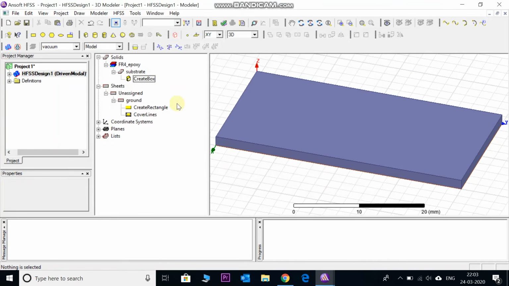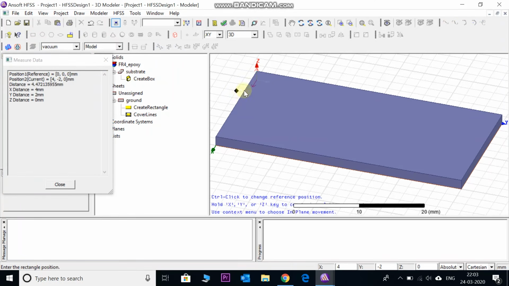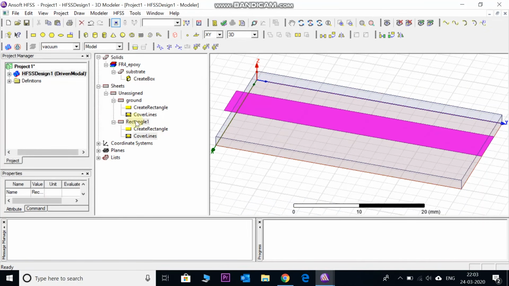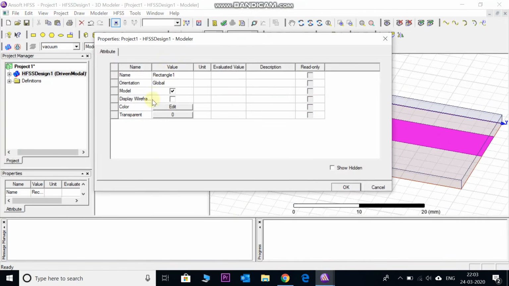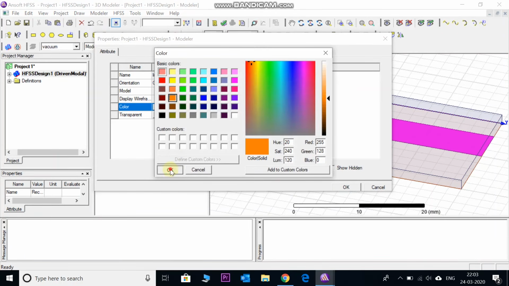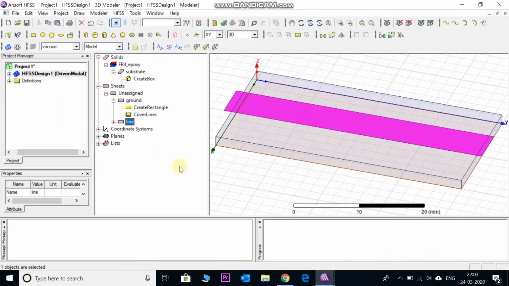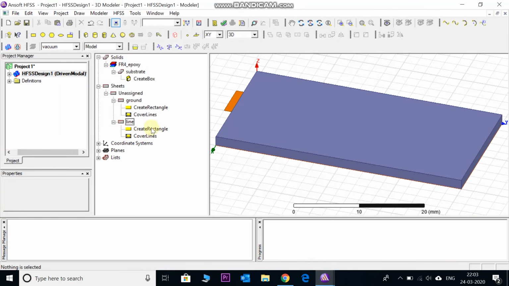Now we will design our microstrip line on the top of the substrate. So start drawing by taking a rectangle and designing it on the top of the substrate. Click on this rectangle and name it as line. Change the color. Now for changing the dimensions, click on create rectangle,